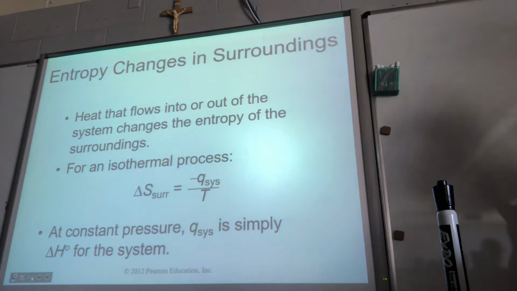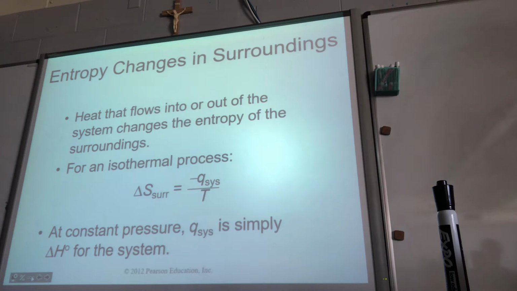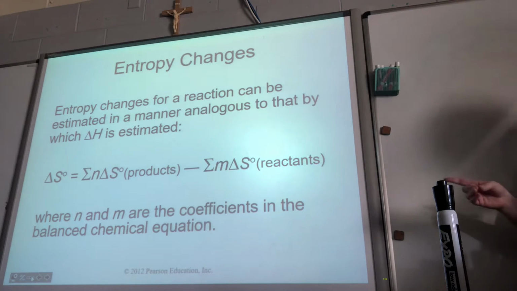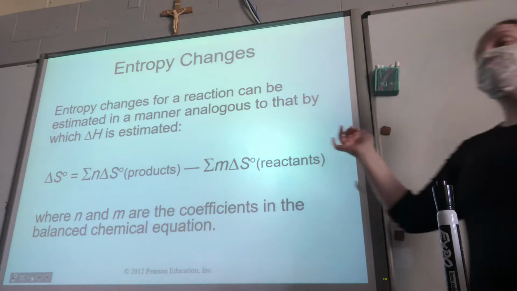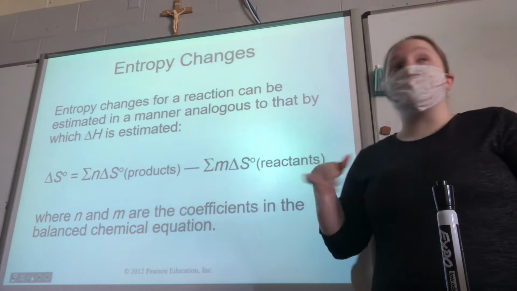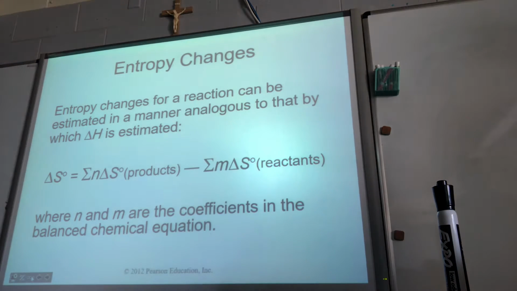So we're going to continue our conversation with entropy from yesterday. One of the things we did end up talking about was another way to calculate what our entropy was. I'll remind you that that involved using tabulated values to get our total products, subtracting our total reactants, and making sure we are using our coefficients. Those values come from the end of your book in one of those appendices